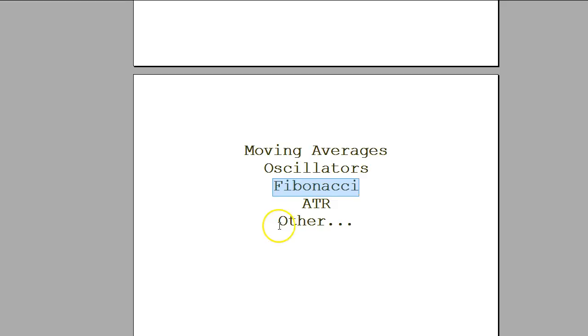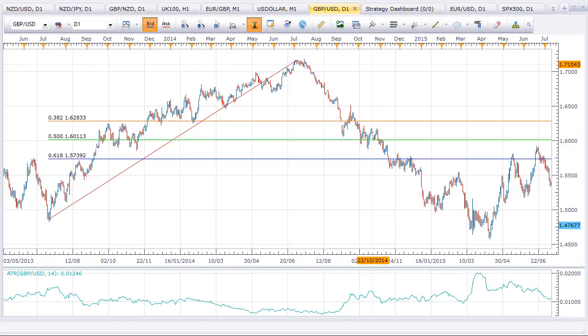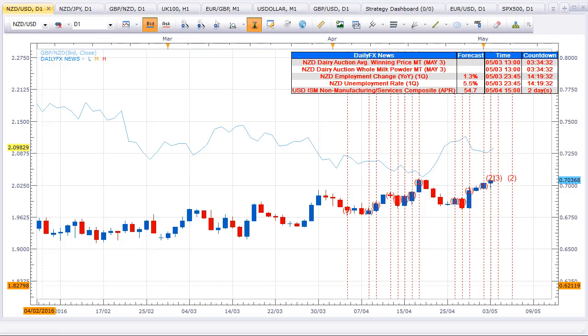And finally, I have this, which is other. And this really is to do with indicators that are not necessarily based on data, but ones that you can get from your broker. So this one is one that gives you news on the chart. So instead of you consulting a news calendar for the economic calendar of a particular pair, you can actually get it overlaid. So what it does in this case, it gives you countdown to